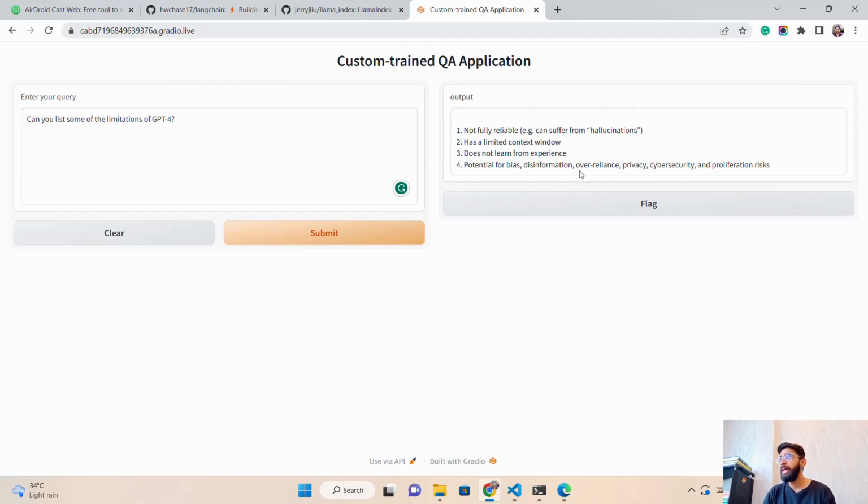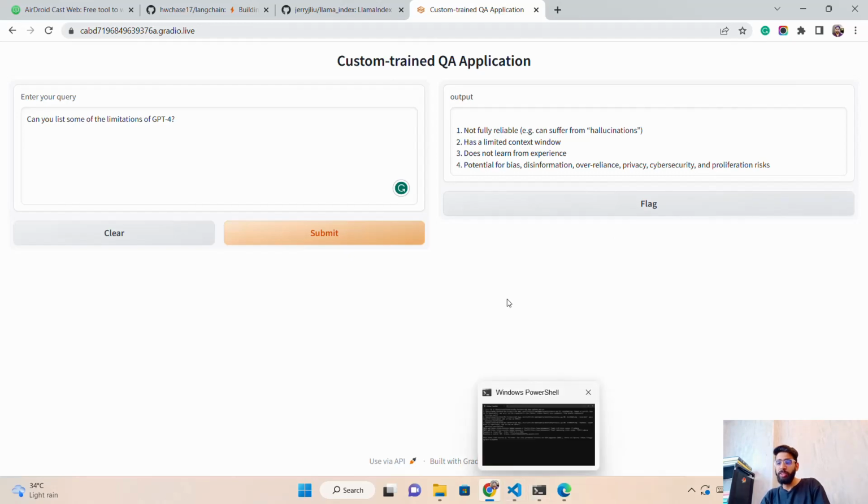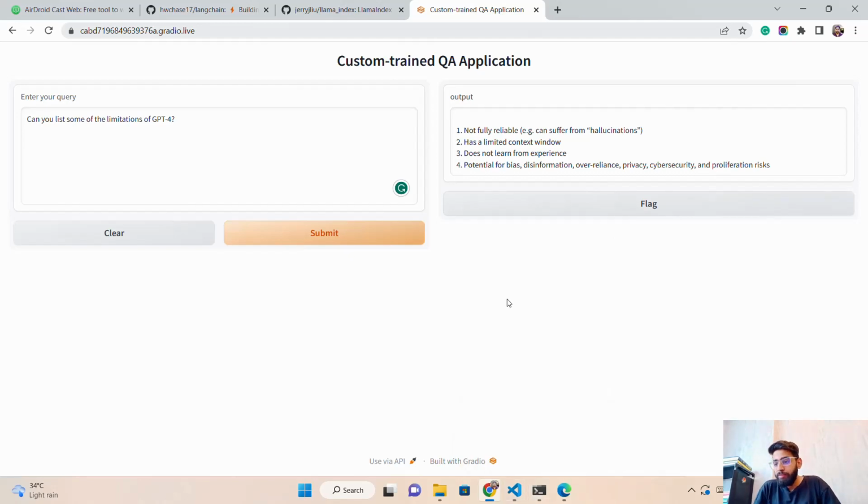Then sometimes it also gives you disinformation, some inappropriate information that might not be correct. Then some of the limitations are privacy, cyber security and proliferation risk. So this is working. I will say good. This is a very good start, I will say, because it took us only 30 minutes to build this